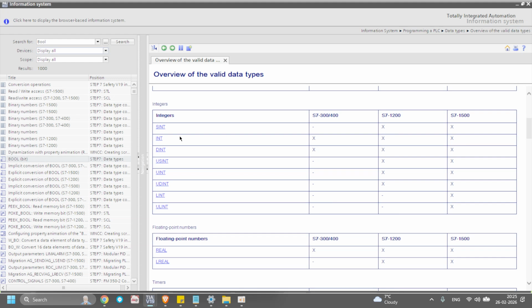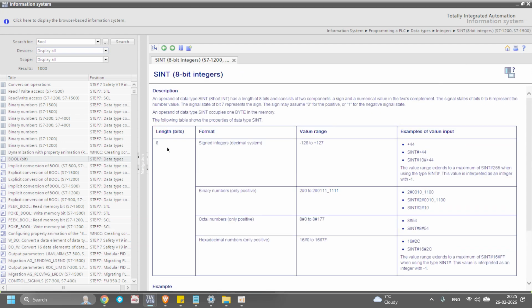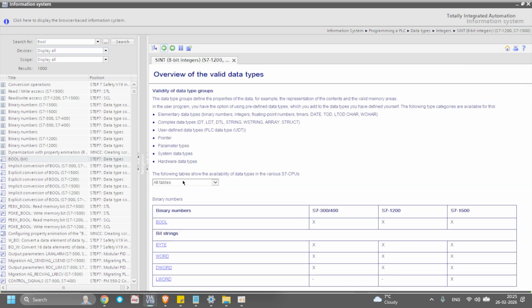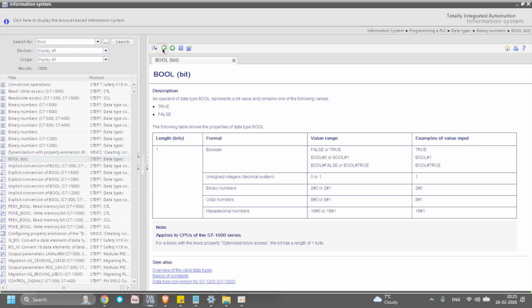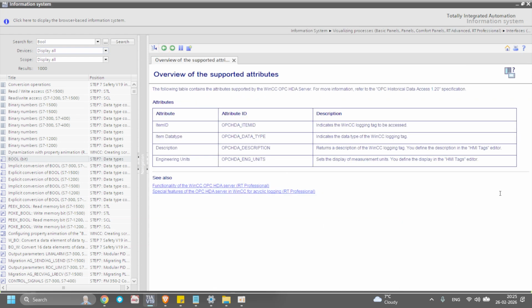We will use them in Siemens PLC programming, and I can show you. This SINT and byte are the same. They occupy the same 8 bits. You can use either 1 byte or SINT, it's the same.